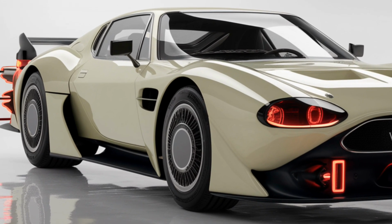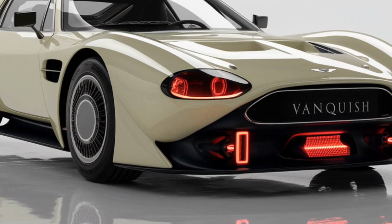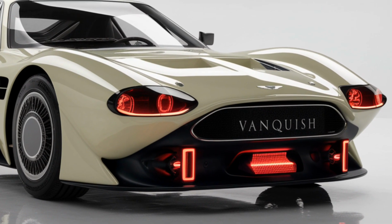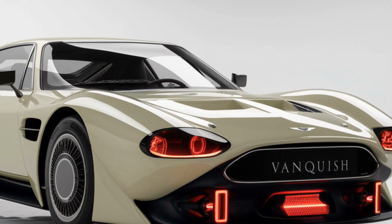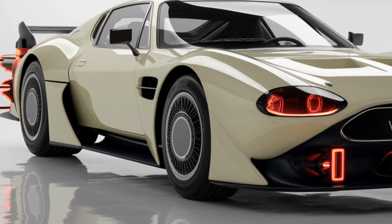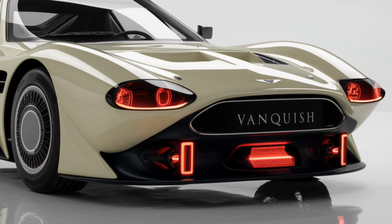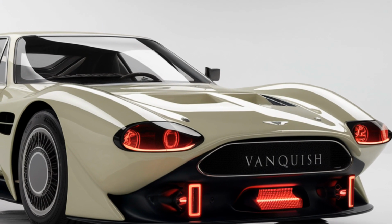Step closer and the details begin to unfold like pages of an epic novel. The headlights with their ultra-thin LED strips gaze forward like the eyes of a predator. The carbon fiber front splitter seems to slice the air as if preparing for the next attack on the asphalt. Even the side mirrors are sculpted to cut through the wind, minimizing drag while providing a perfect view of the